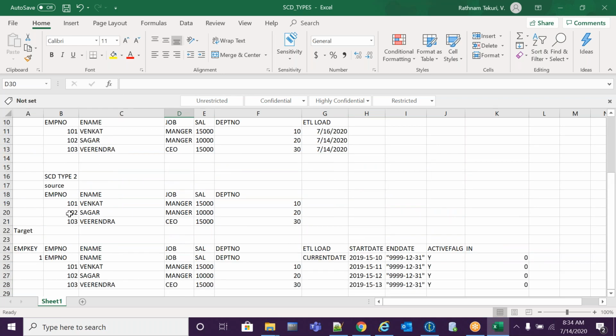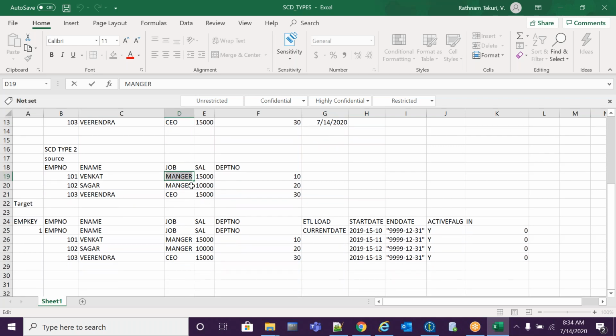See, over some period, Venkat, this is my source data. Venkat got a promotion, job changed from manager to CEO. So first it will check the key values. The key already exists, which means it will update that one record. This 101 is updated with the current date minus 1.